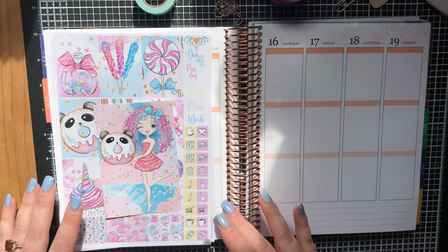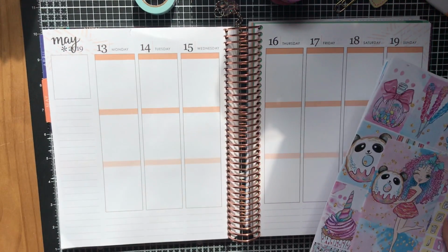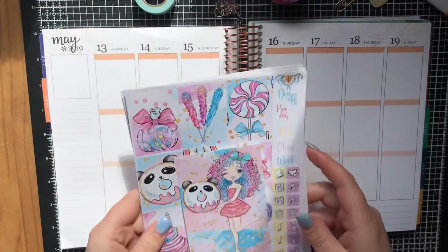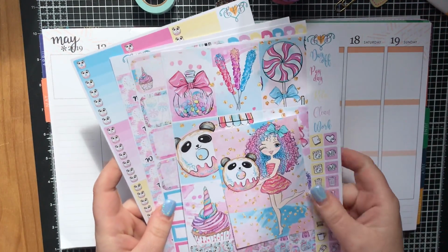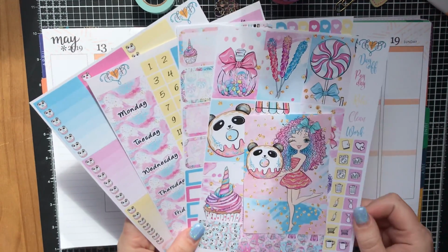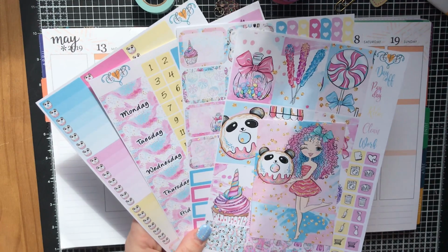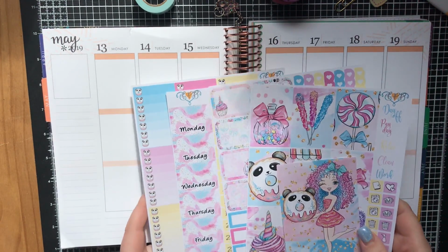Today we are doing a plan with me in my Erin Condren. We are doing the week of May 13th through to May 19th, and the kit we will be using is this gorgeous kit. Again, I've forgotten the name of it. I think it's Sweet Treats. I think it's the name of the kit from the FabPlannerPrint, and it is an Erin Condren